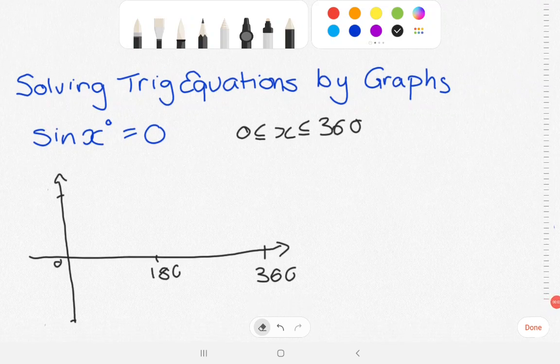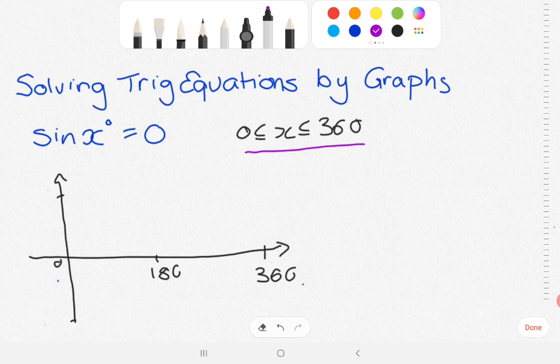Okay, so if we're looking to solve trig equations by the graphs, what it's really asking us to do is draw the graph and use that to help us solve the equations. We're going to do two similar questions to the ones that you've got in your homework there. So if we were asked to solve sine x degrees equals 0 between 0 and 360, so when we draw